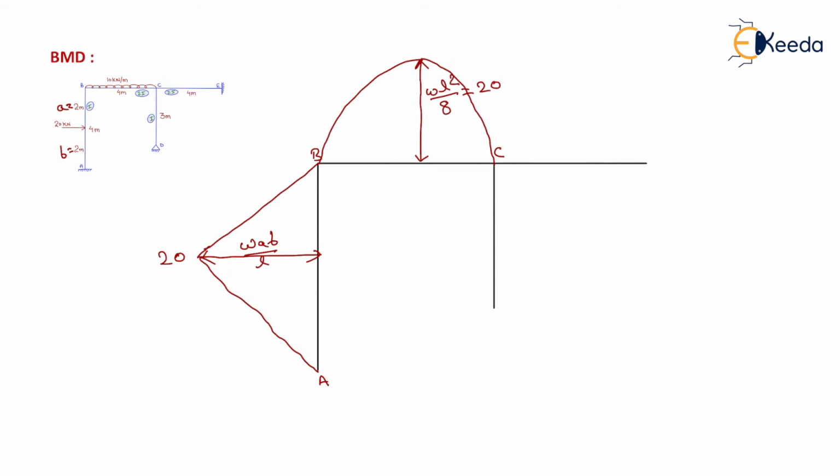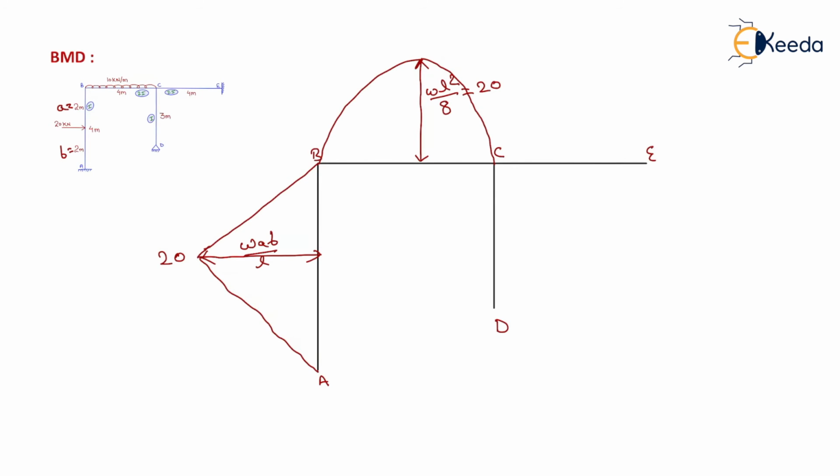Now in span CE and CD, there will be no external loading, so we cannot find the mid-span maximum positive bending moment at CE and at CD. Now we need to plot the calculated moments, that is in AB, in BA, in BC, in CB, in CE, in EC, in CD, and in DC.